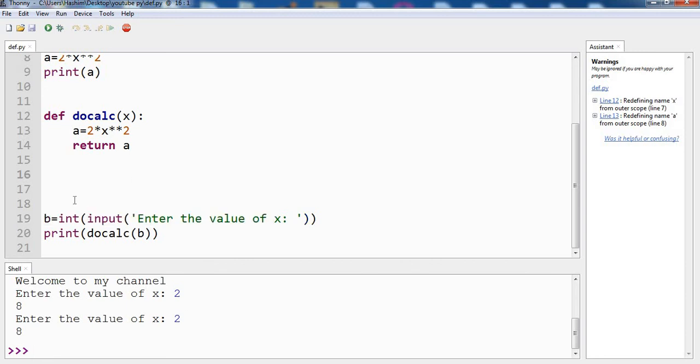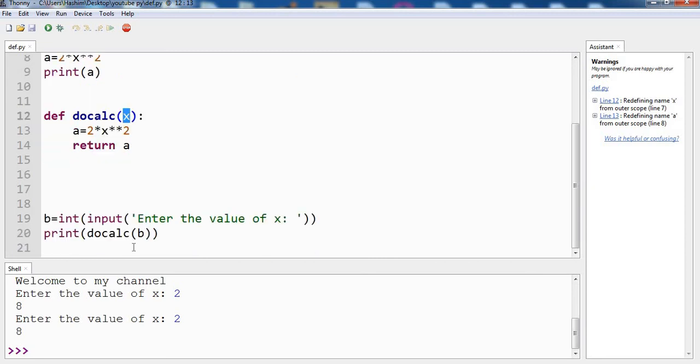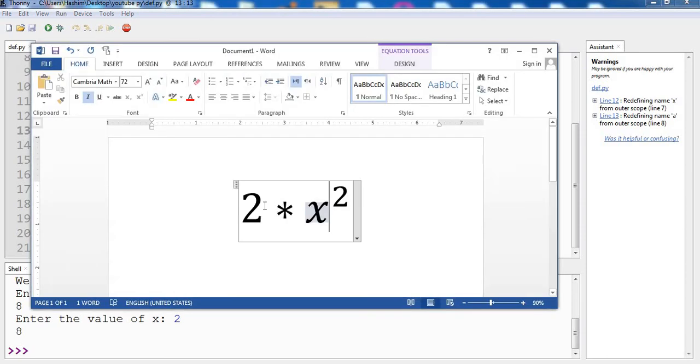So hope you have understood the use of functions. We define it by def, we give it a name, and we provide a name in between brackets, and this is for sending the argument to our function. The rest is understood: we are writing the code for our equation 2 into x to the power 2.